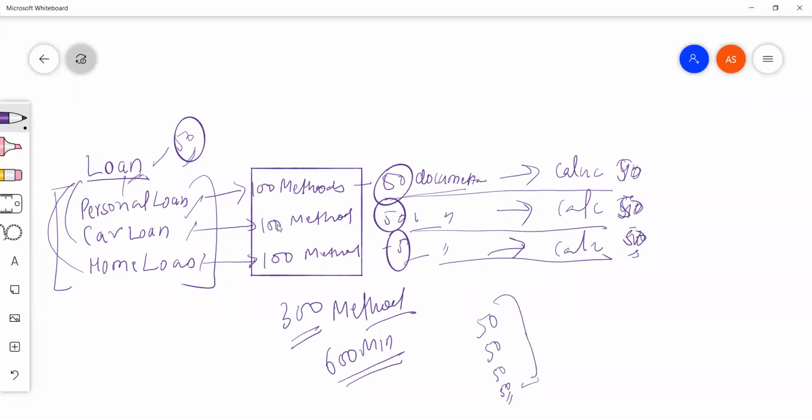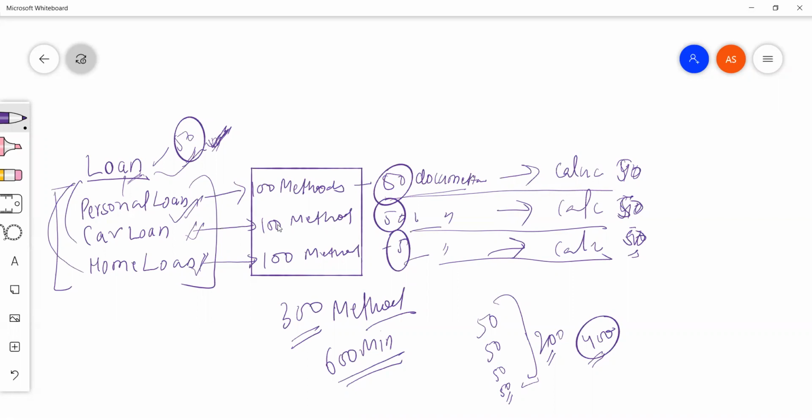So how much total? 200, right? Total 400 minutes, for example. Getting my point? The code we already wrote inside the loan class, we can use that. Why are we writing that common code again and again? So these 50 methods that we have written here can be reused inside those classes. That is the concept of inheritance.